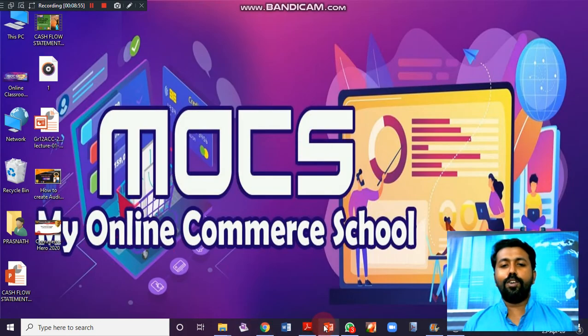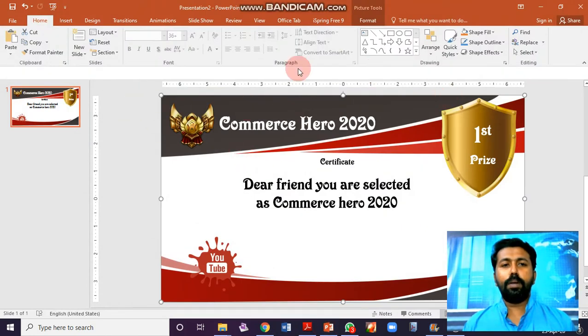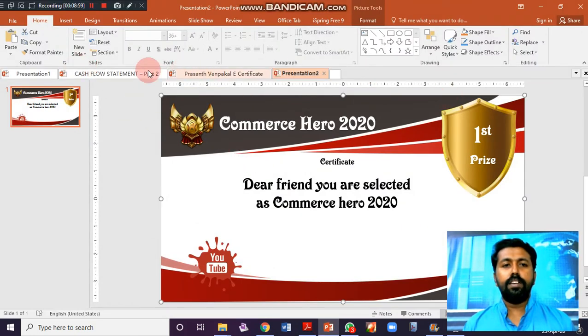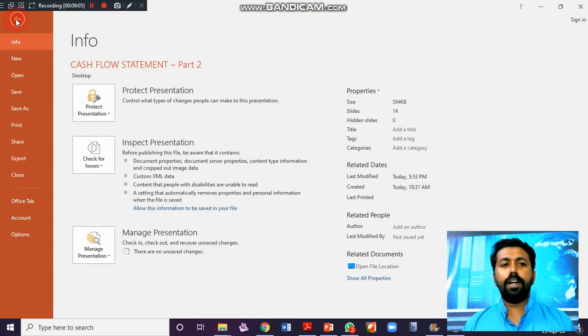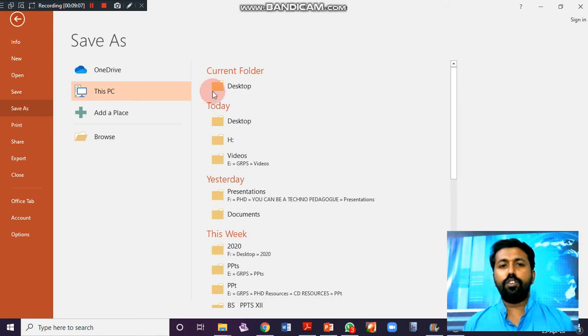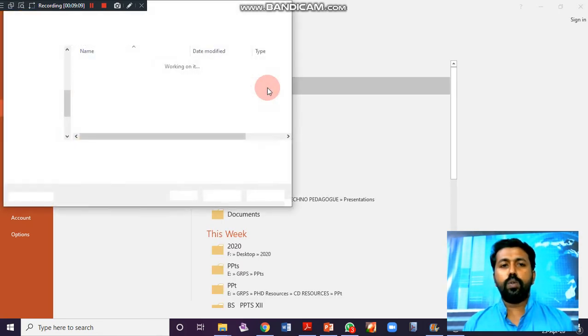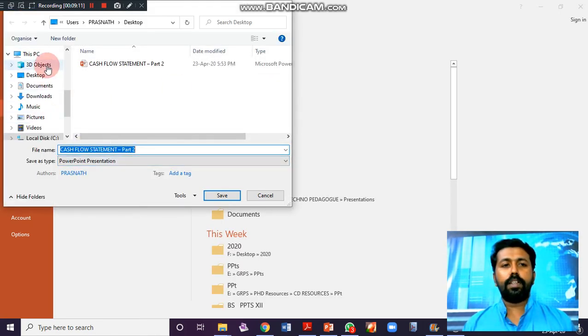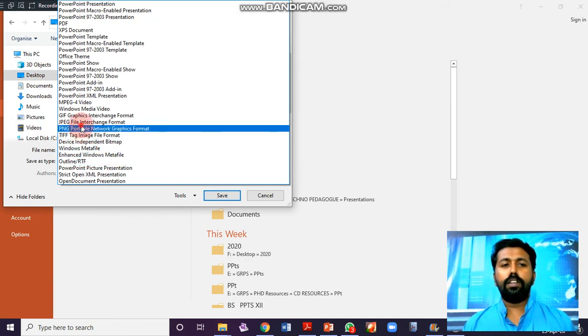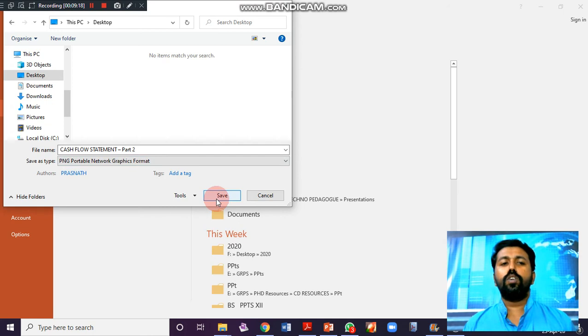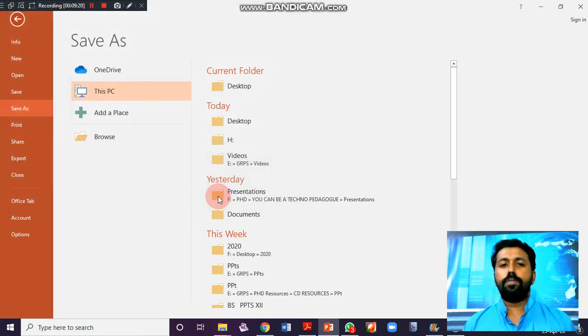Just look again. I would like to convert one PPT with a lot of slides. Around 14 slides are there. Do it like this and you will get a bulk of images in a folder. Do the same steps. Select the particular place and the save file option. This time I am giving PNG. No change. So save. Click all slides.